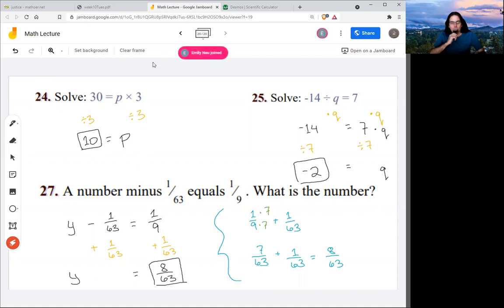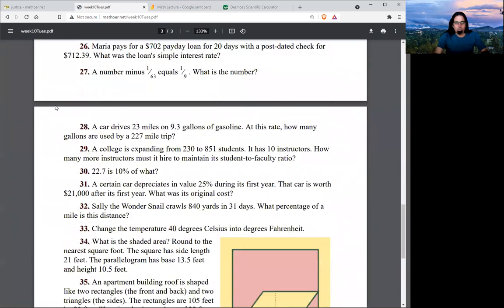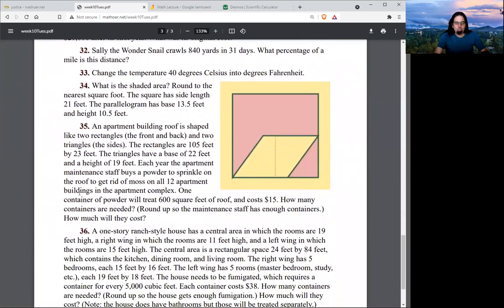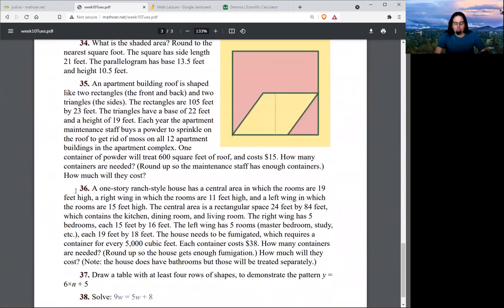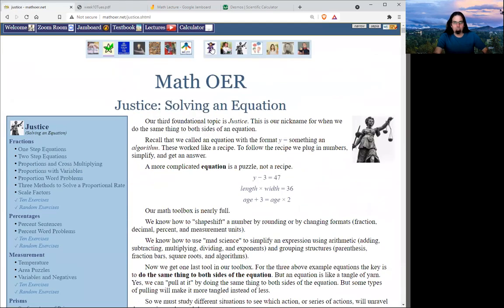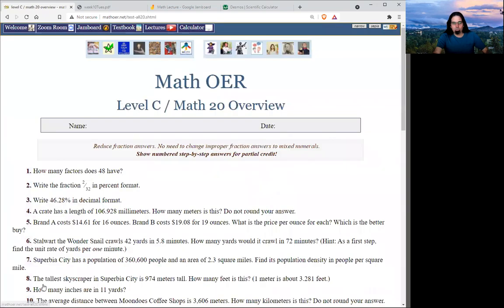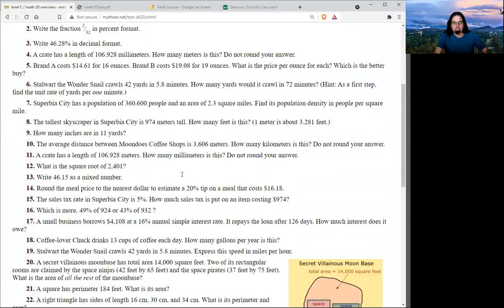Okay, we've used up all 20 slides on the Jamboard. There's more problems to do. Try them at home. We'll talk about them on Thursday. We'll talk about your other questions on Thursday. And keep doing practice tests, not only this one, but just random ones, loading up the page yourself. Go to Justice and overview here, or the link that's direct in the email I sent you.